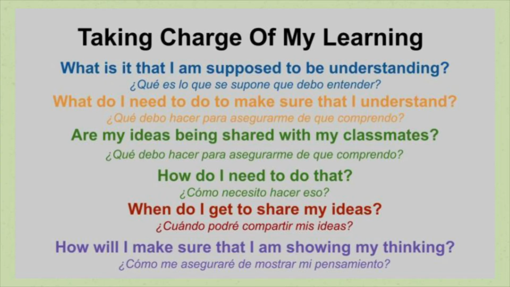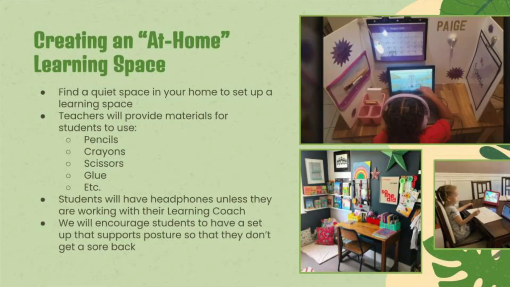While your child is experiencing learning in the Virtual Academy, these are checkpoints for you to use with your child to help your child to gain agency in their learning. Create an at-home learning space. This can look a variety of different ways. This could be something that is portable. This could be something that takes over a space in the home. This could be something that is unique to your child's learning environment. The key is that your child has a learning space for this Virtual Academy with the supplies that he or she will need.